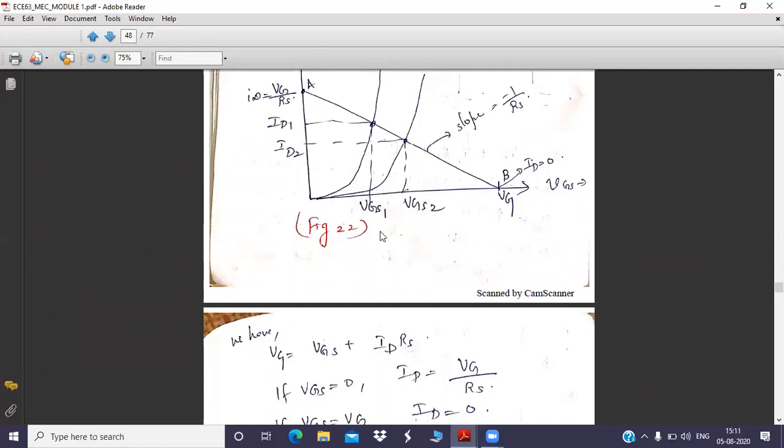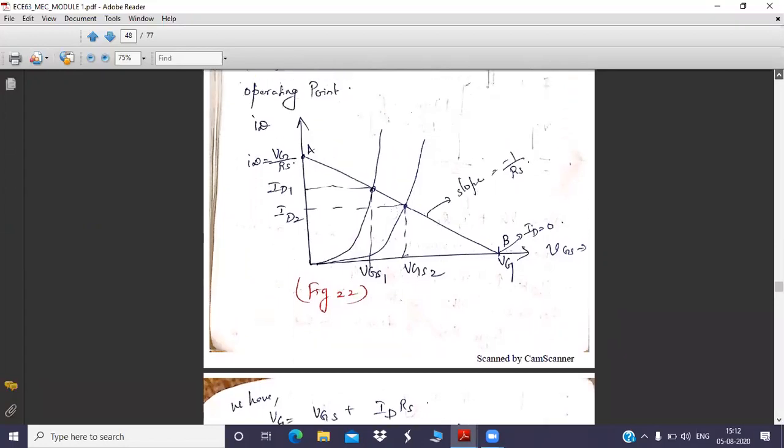Then you see in the graph, what is the parameter that is plotted in the x-axis? Tell me what parameter is plotted in the x-axis in the graph. The horizontal axis is the x-axis, and the vertical axis is the y-axis. We have VGS1, VGS2, and VG, but those are coordinates, I mean, intermediate points.